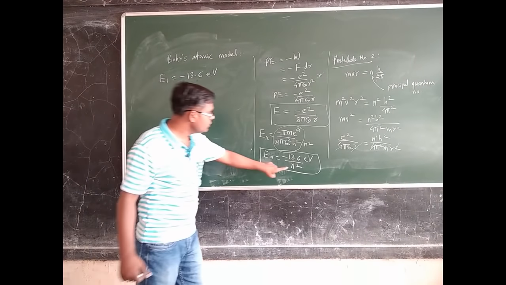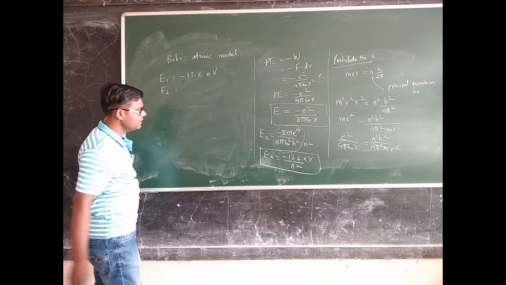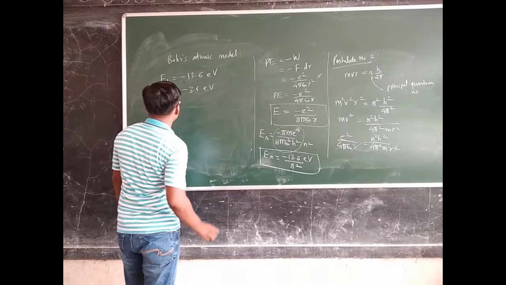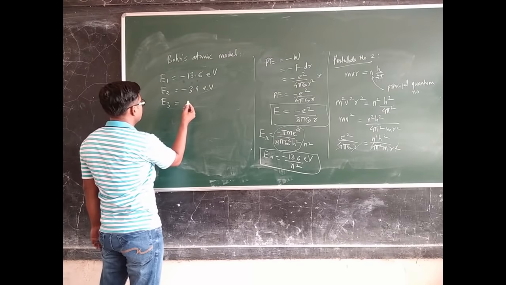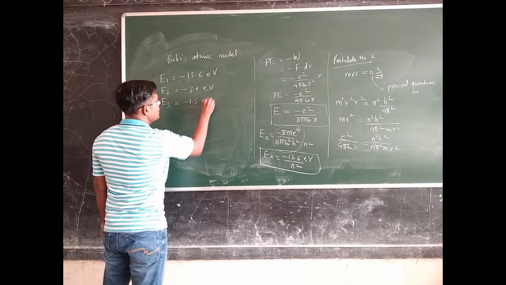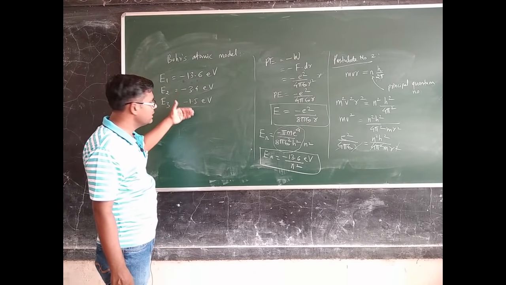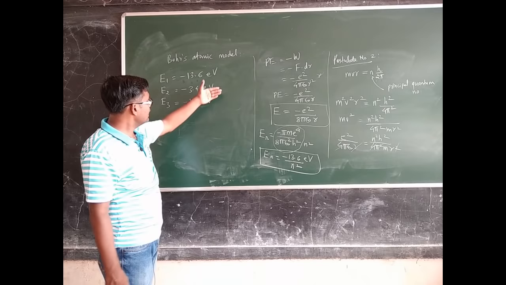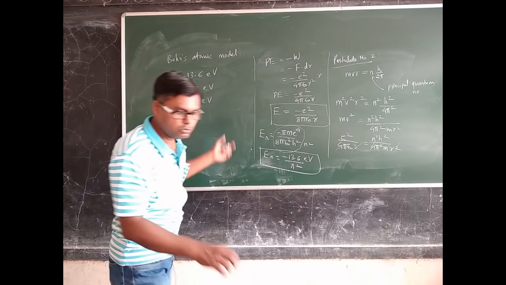If you put n equal to 2, then you will get the energy of the electron for the second orbit, and that is equal to minus 3.4 electron volt. And if you put n equal to 3, then you will get the energy of the electron in the third orbit, that is minus 1.5 electron volt. In this way you will get the energy of the electron in the different orbits. Now we have seen that different radii and different energies of the electrons are possible. So Bohr has